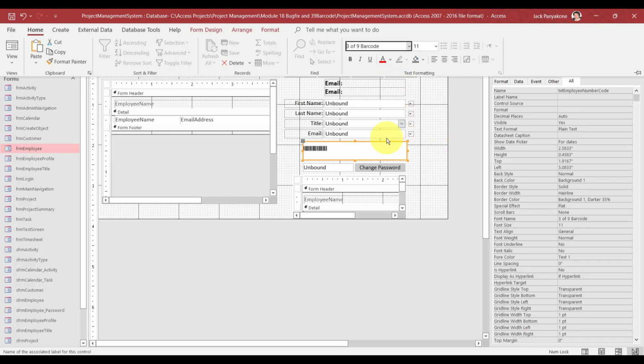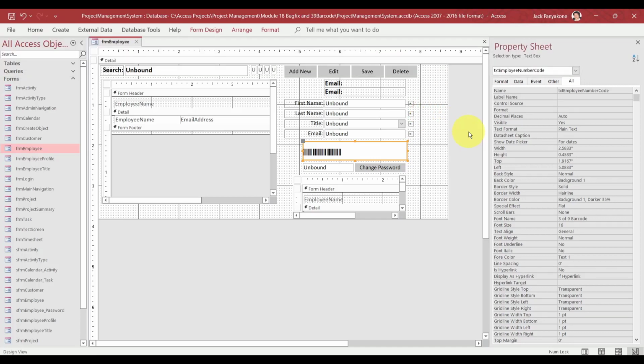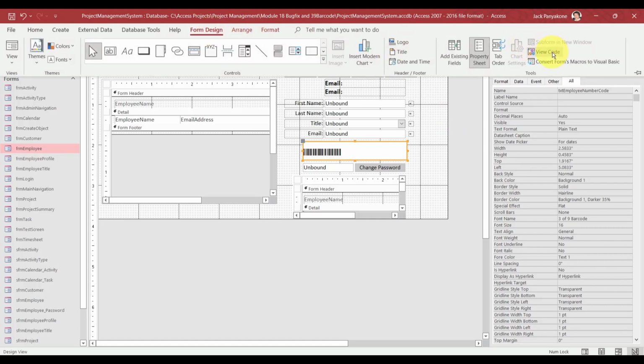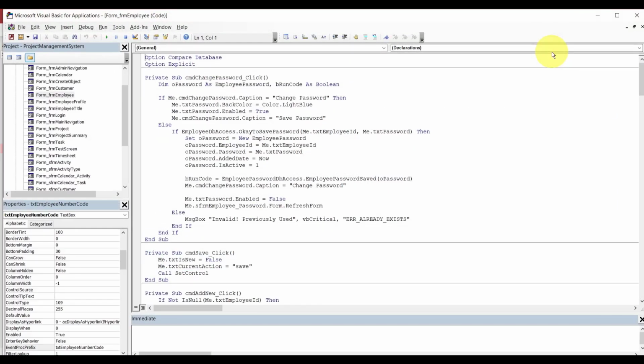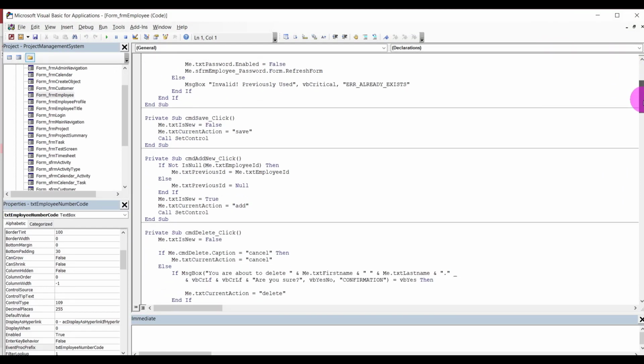And I think that's good enough. Now if you want to make this a tad bigger, maybe 16, but that looks good right there. 16 looks good. I'm going to keep it right there for now. All we want is just to see what's going on here. Alright, so let's go to code behind, and we're going to look for display employee